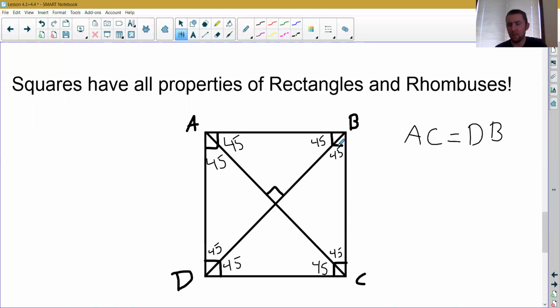So you have a couple problems about the angles and maybe the diagonals in a square. Just remember that everything that's true about rectangles is true about squares. Everything that's true about rhombuses is also true about squares. That's really it for this video, just looking at these properties and identifying different missing lengths in rectangles, rhombuses, and squares. So if you have any questions about any of these properties or how these shapes relate to each other,